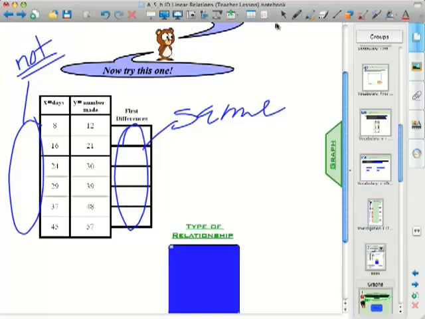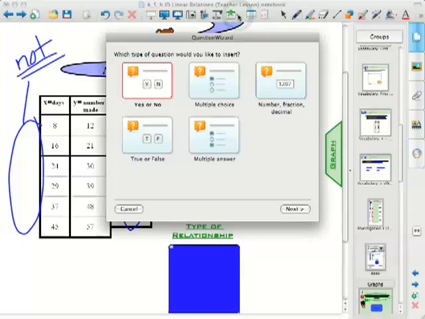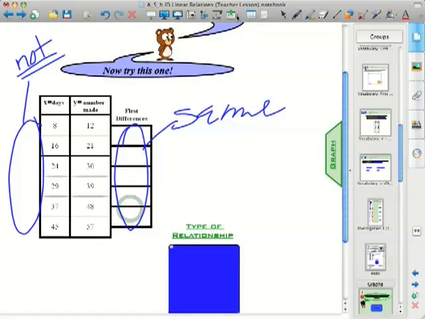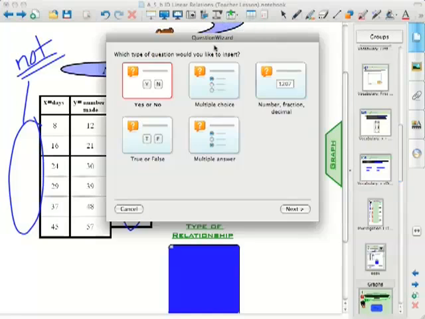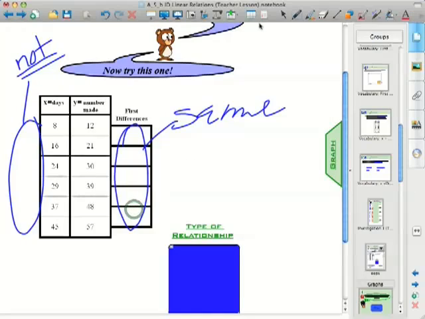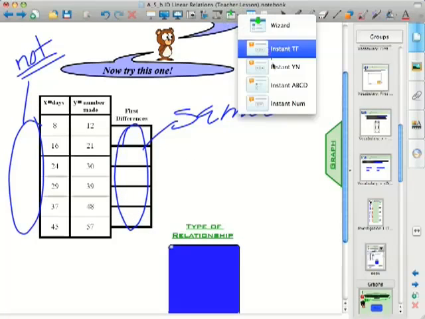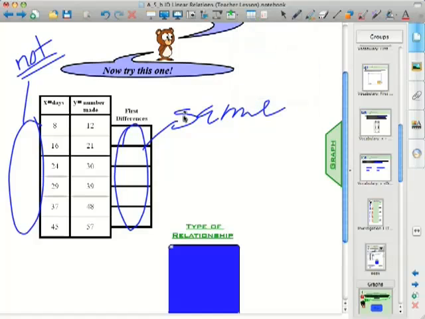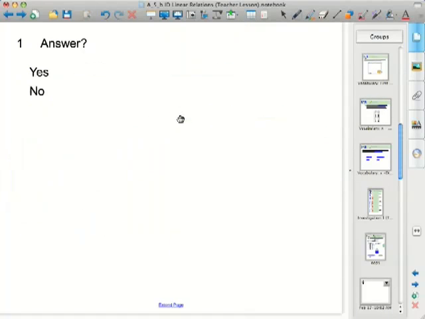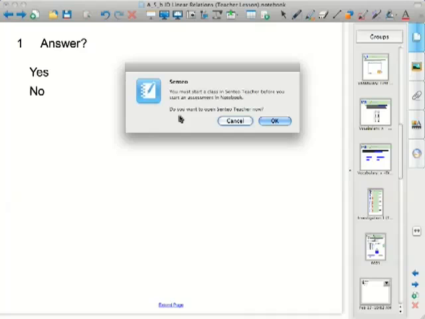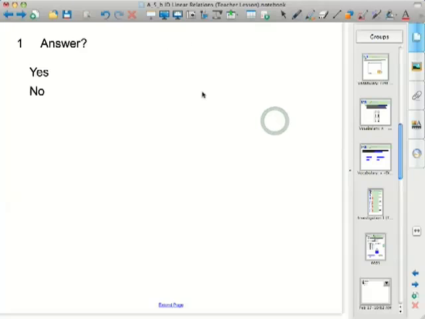What I'd probably do here is make use of my Centio. I'd insert a yes/no question. Maybe I want to do a quick question, so let me show you how to do it a little bit quicker. There's a drop down menu here, and I'm just going to do an instant yes or no, and it's going to set up a question on the next page. And what I'm going to ask is this